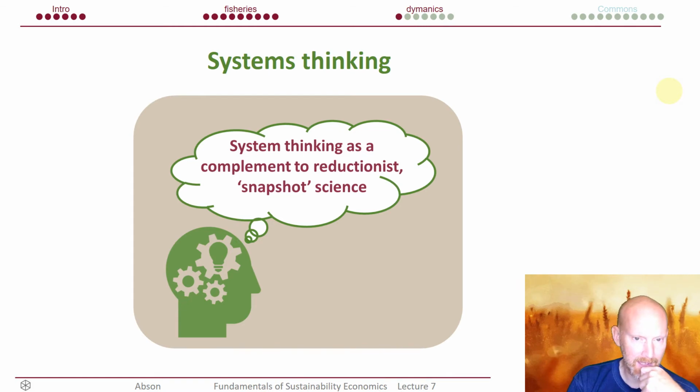So sometimes it's actually difficult to understand the whole of the system by understanding just its component parts in detail. And so systems thinking is the approach to science which seeks to understand the whole system in a holistic way rather than understand small parts of the system in detail. And I would argue that it's a complement to this reductionist approach to science. It also is strongly related to understanding system dynamics. So a lot of science is based on taking snapshot views of the world, and systems thinking is much more about the dynamic relationships between different parts of systems.